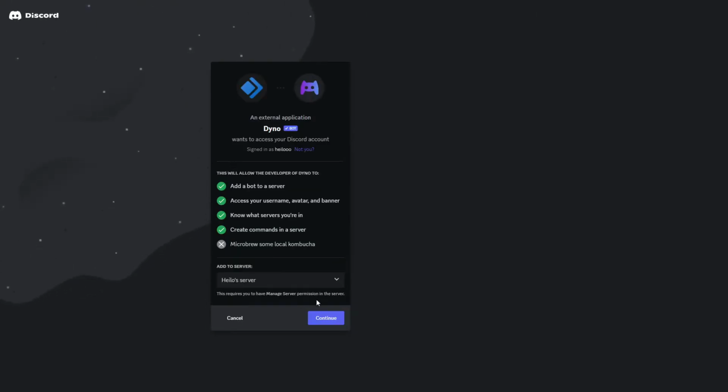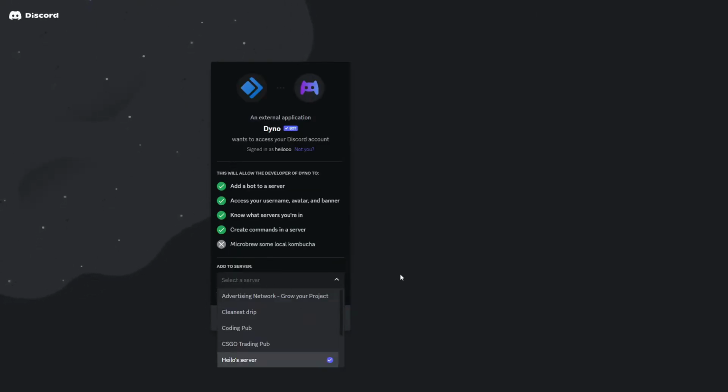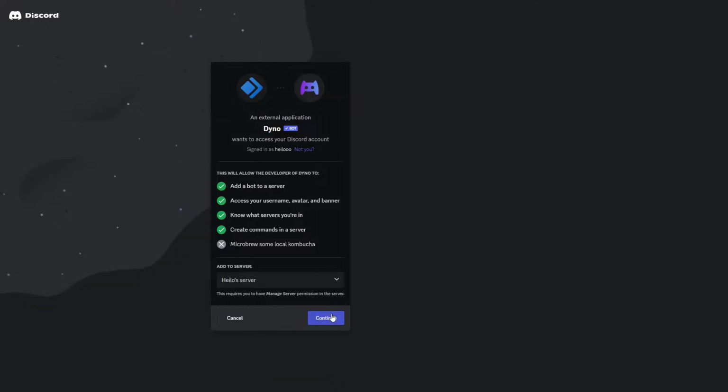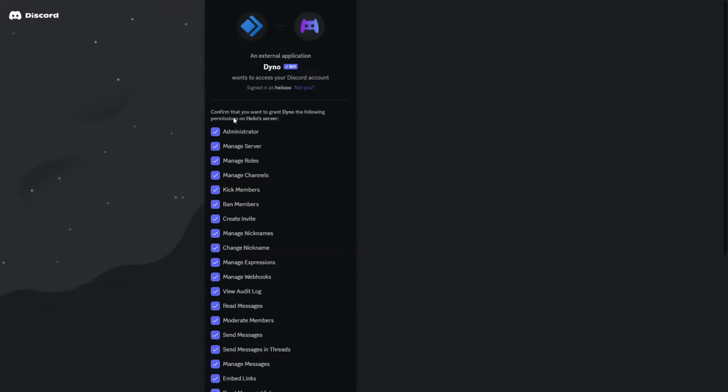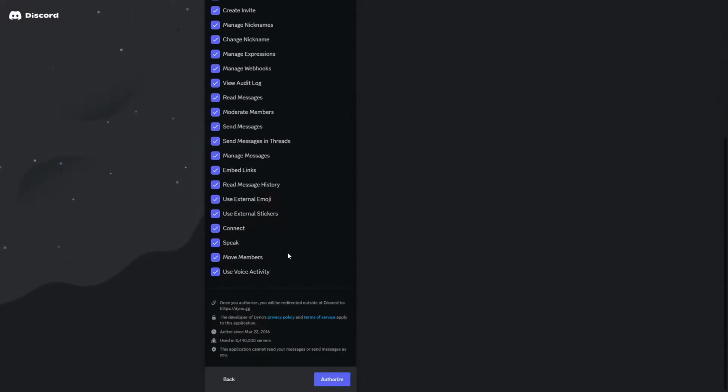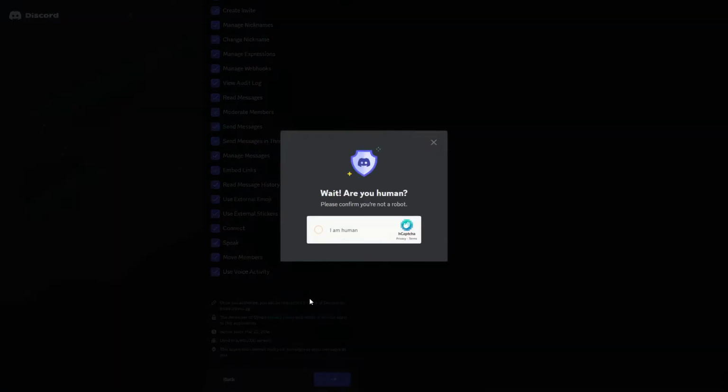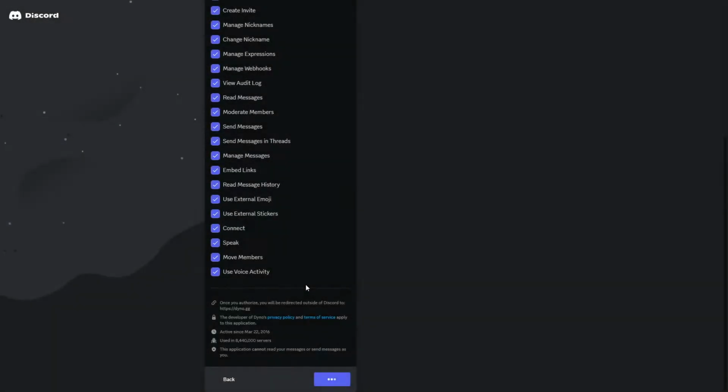and this will redirect us to this Discord page where we can choose the server where we would like to add the Dyno Bot. Then we'll click on continue, and here we can see all of the permissions that you're granting the Dyno Bot. And if you agree to this, you can basically click on authorize. Then you will need to confirm that you're a human,